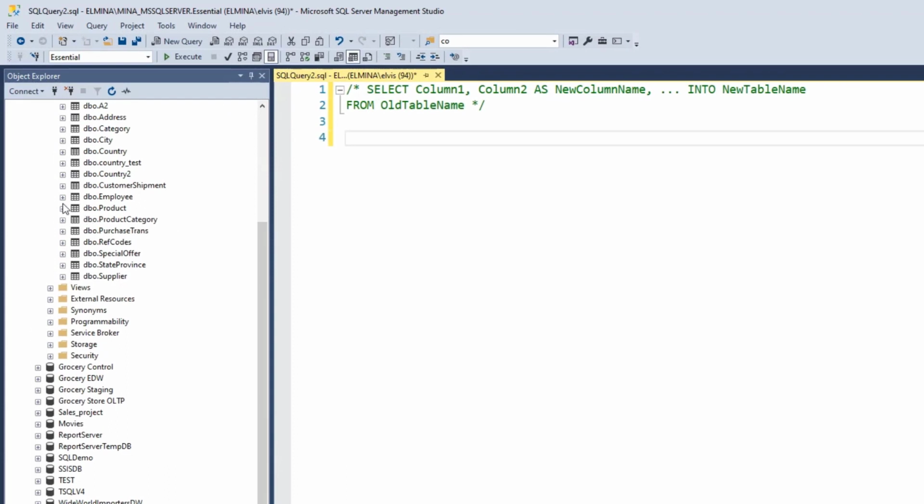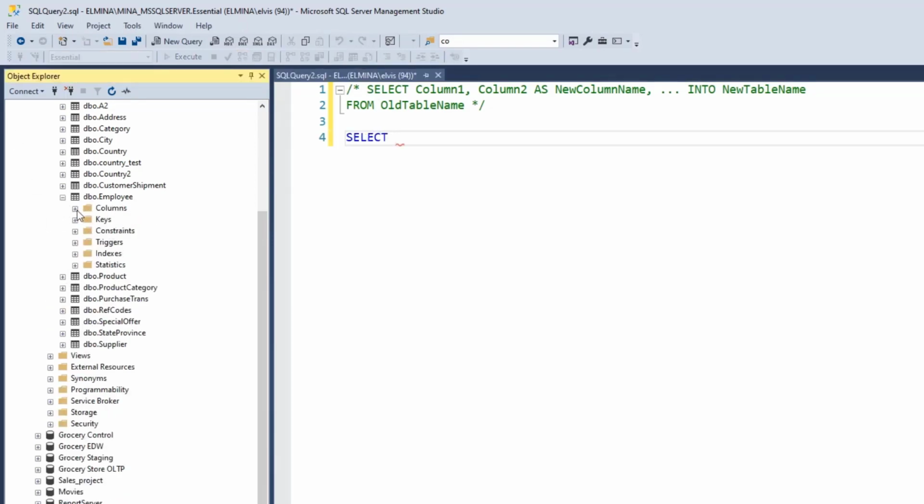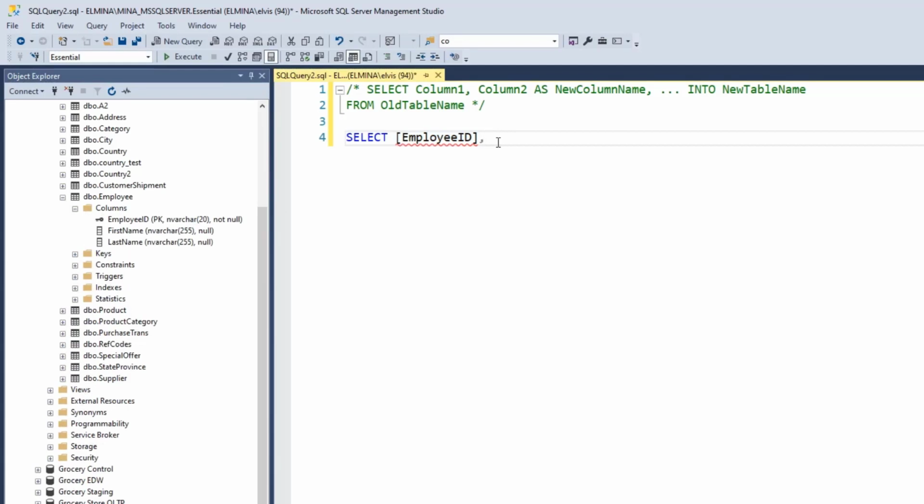First of all, let's select from this employees table and see what data we have in there. So I'm going to select, I'd rather drag the columns here so that I don't make any mistake in typing them out. And you can select as many columns as you want. You don't need to select everything. It depends on the requirement. Okay, from